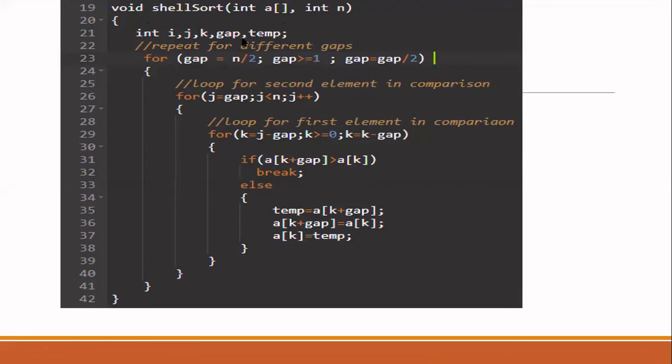Now let us concentrate on the body of the function. In the body of the function, I have written totally 3 for loops. The first for loop is for setting the gap.